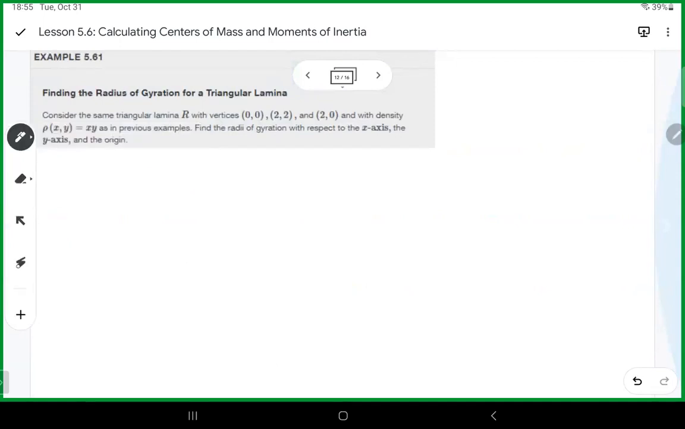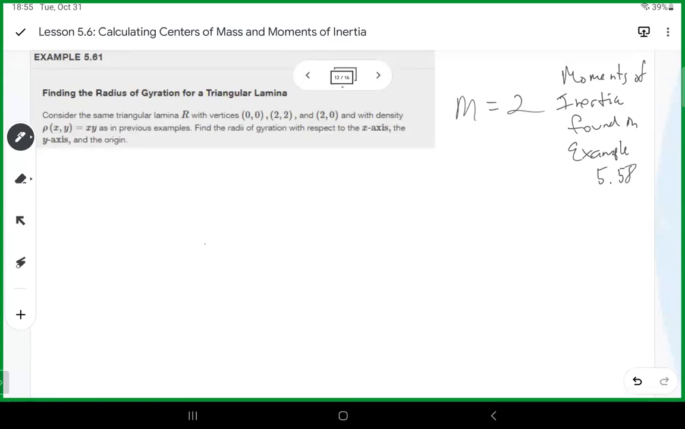If we compute the mass of this region, we find that m equals 2. We found the moments of inertia back in example 5.58. So from these data, the radii of gyration with respect to x, y, and z, or x and y and the origin, are respectively